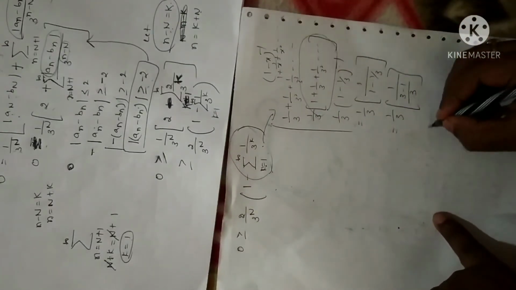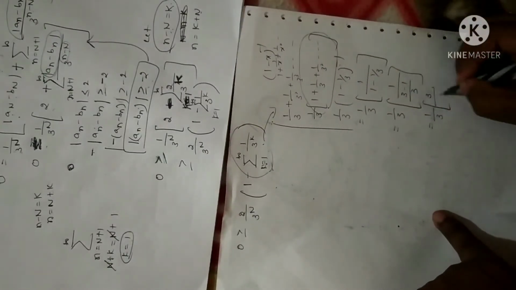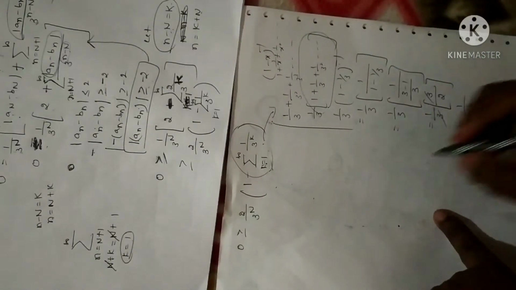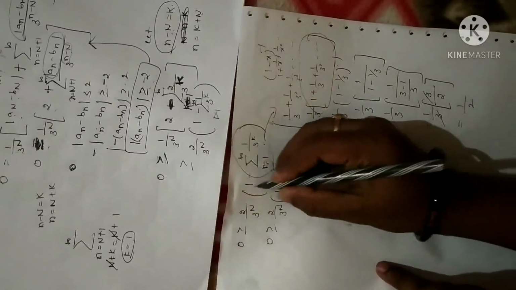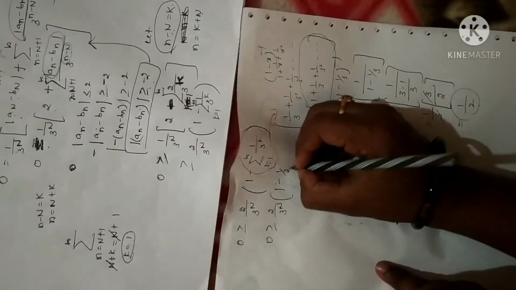So all this simplification will not be in your notes. I am just explaining for your reference. So 3 minus 1 is 2, so 3 gets cancelled. You will get 1 by 2 here. So I'll replace directly here. So 1 as it is, minus the summation value, which will become 1 by 2.